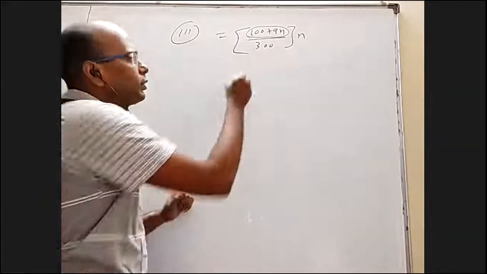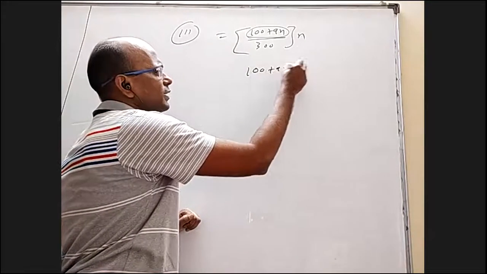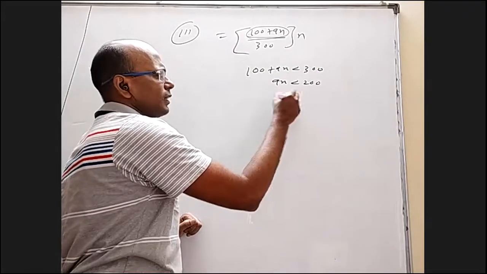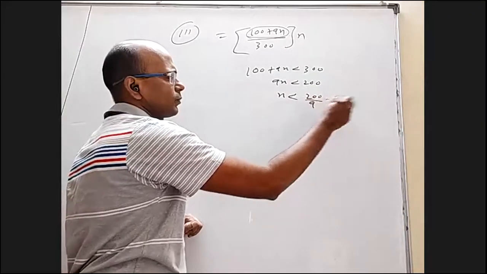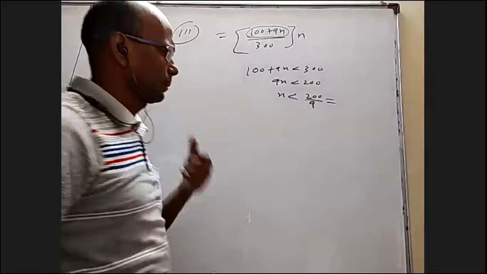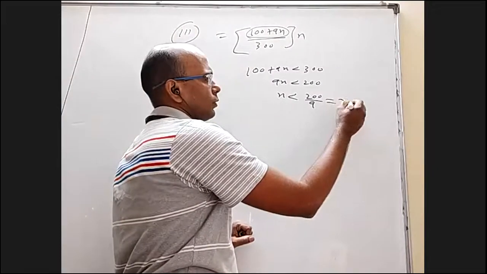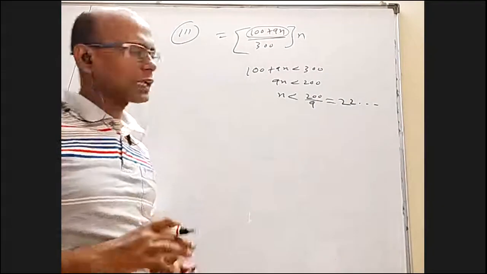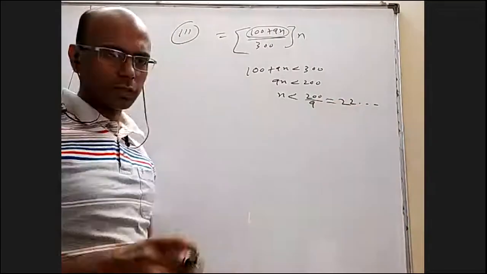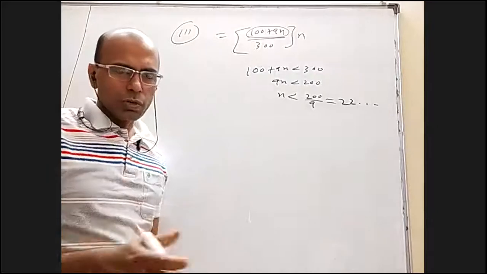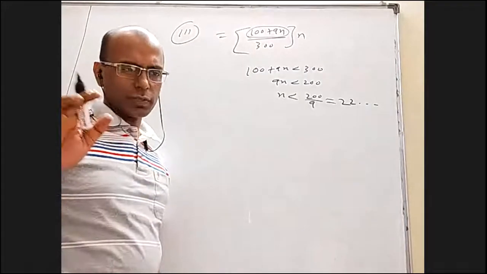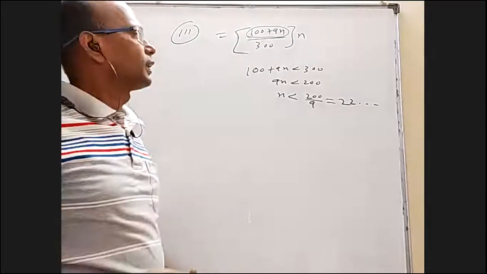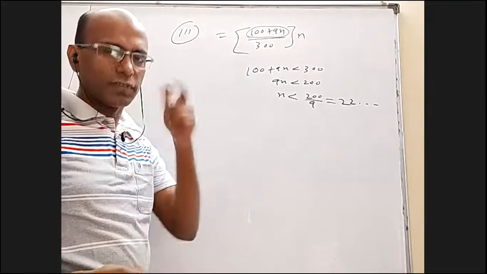Till where it is 0? As long as 100 plus 9n is less than 300. So 9n is less than 200. n is less than 200 by 9. 200 by 9 is roughly 22 point something. Okay. So the first 22 terms are 0 only, as long as n is less than 22 point something. From n equal to 23 onwards till 56, it is 1 only. Or may it become 2 or 3? No. At 56 it changes, sir. At 56 it changes. Okay.